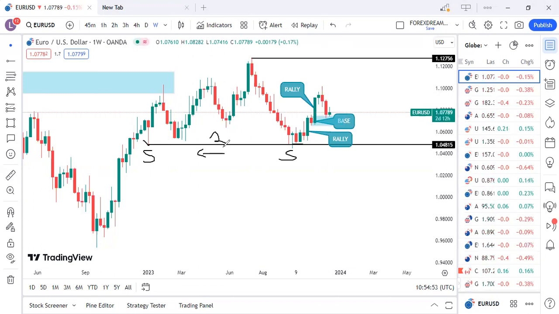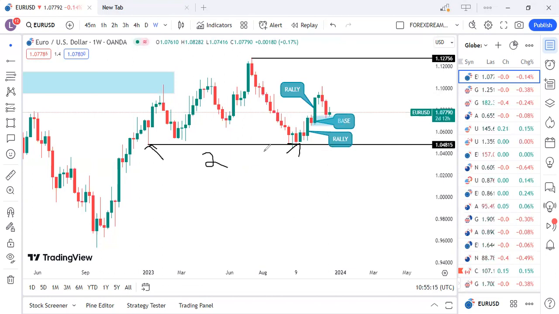Make use of your left-hand side. Isn't it that the market was going down here? Who knew that the market was going to change direction here? Those who are trading price action and those who are trading support and resistance as well. What they did, they were waiting here patiently for the market to come to the support. They knew very well that this is where the market is going to turn.